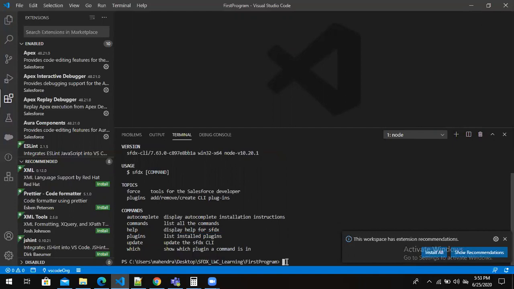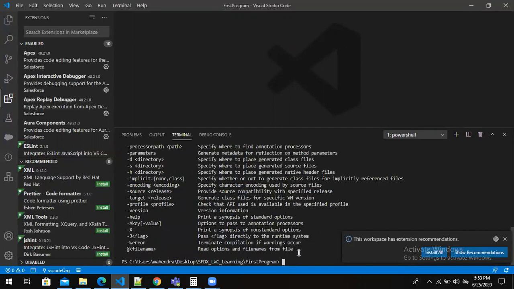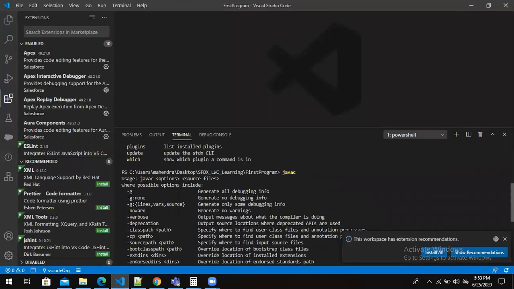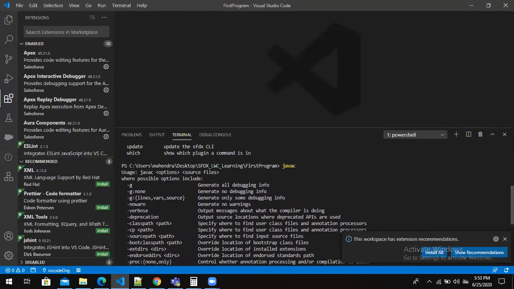So you can just type here java or Java C. You will see here the list of different suggestions, right? In this way we will make sure that Java is installed properly. Sometimes if you type here, you'll get "Java C is not recognized as an internal or external command," right? So how we have to solve is, we have to create a path for that.